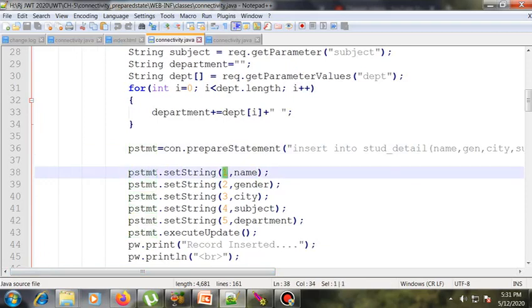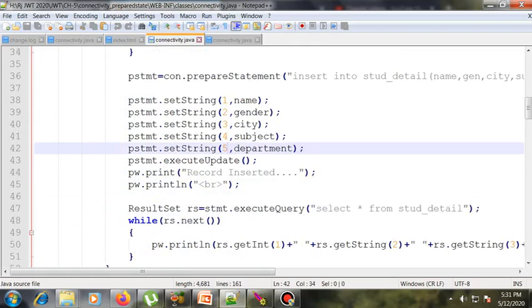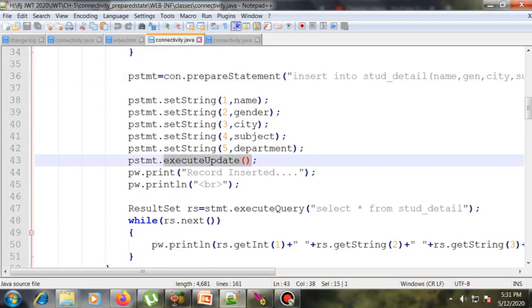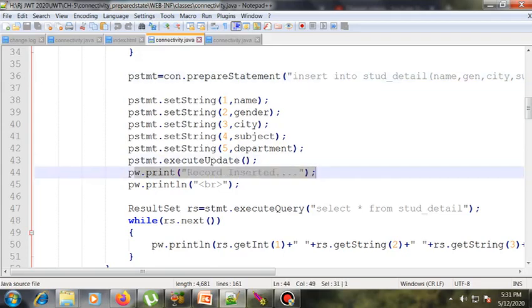We are passing the index number 1 for the name, 2 for the gender, 3 for the city, 4 for the subject, 5 for the department. If you want to execute this insert query, you have to call the prepared statement's executeUpdate method, and if the insert query is executed successfully, it will print that the record is inserted.